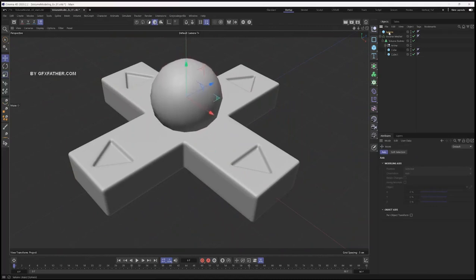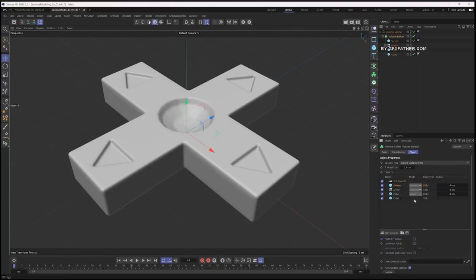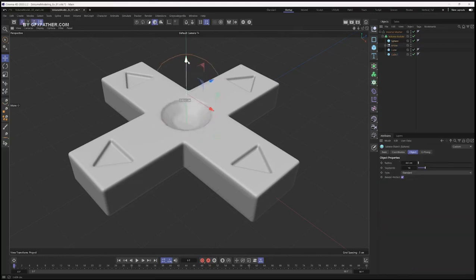And let's add this to our volume builder. So I'm going to add that to the list. You can see in the volume builder that is now updated. Let's place the sphere underneath the smooth so it's smoothed out as well. And what we're going to do instead of union is do subtract. And you can see that we just subtracted the sphere from the rest of the mesh underneath,